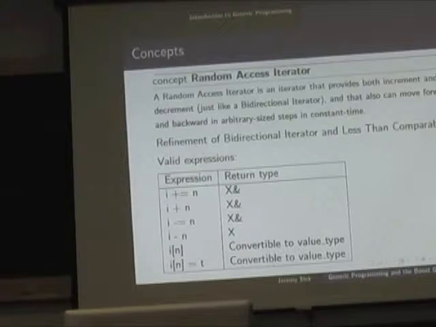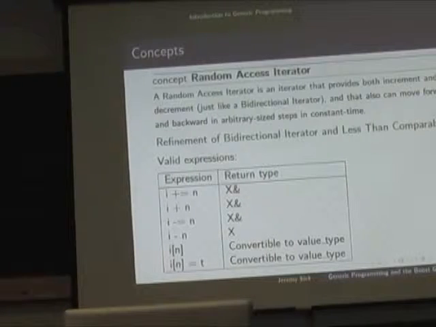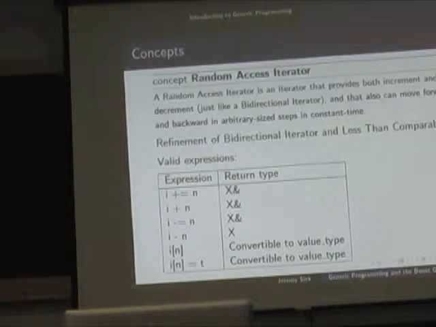Maybe I should back up and explain why, in the first place, it's generally a good idea not to lie. The reason is that when someone's writing an algorithm and they publish how long the algorithm takes, they're going to say, for example, this algorithm is linear in the number of edges and vertices. They're going to do that computation based on assumptions about the iterator operations. And if you lie about the iterator operations, then the big O estimate on the overall algorithm is going to be out the door. Okay.